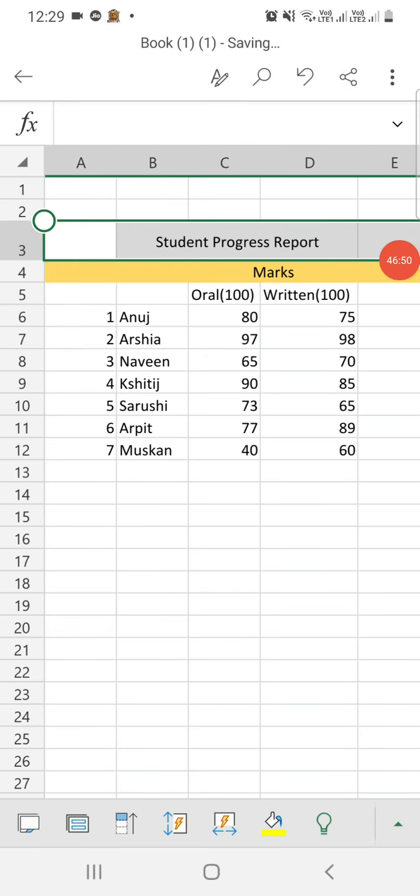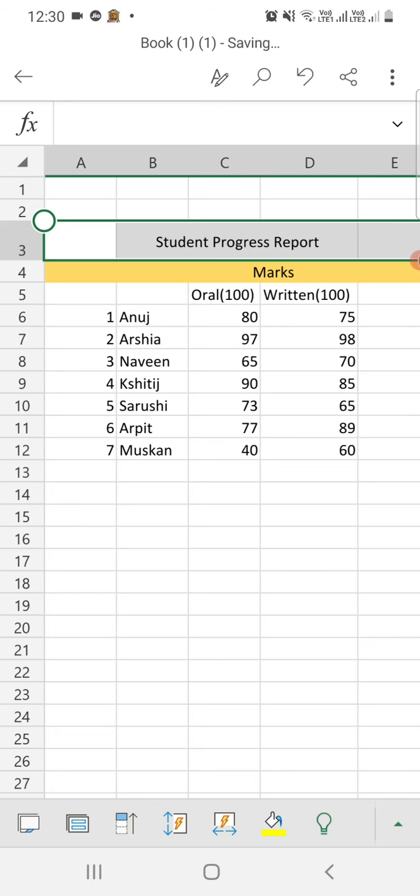Okay, so I have already written those data that we have in our book, that is a mark sheet of student progress report card, where we have the name of the student and the marks, oral marks and written marks.